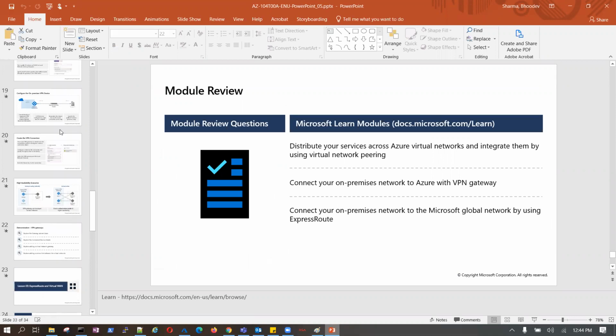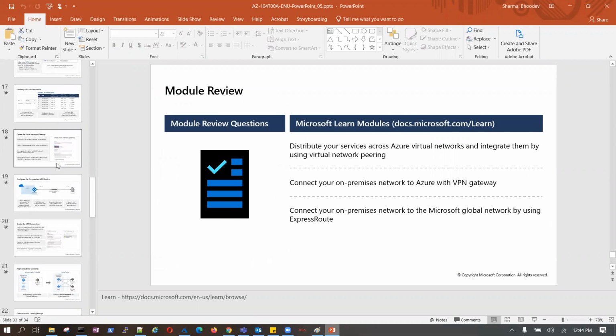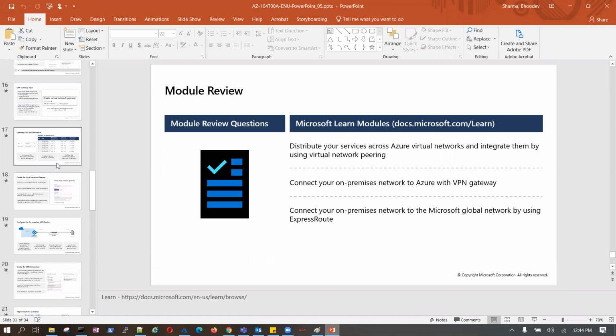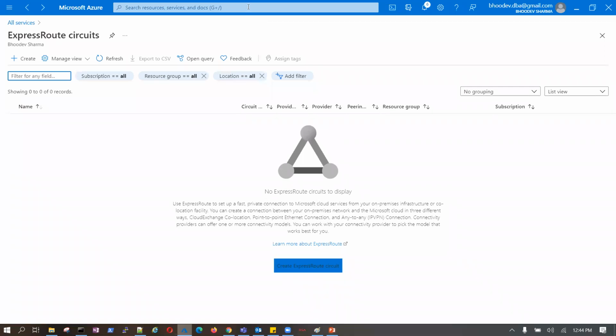It's a one-time activity, onboarding, or if some major issue comes, then troubleshooting, or if I need to change the capacity, the SKU. But it's not like a VM or a normal network or a public IP or a disk. It's not that kind of activity. Is that clear, guys? Any question?